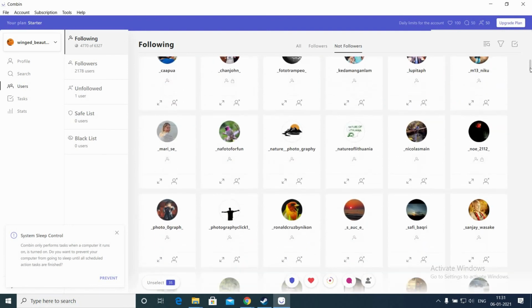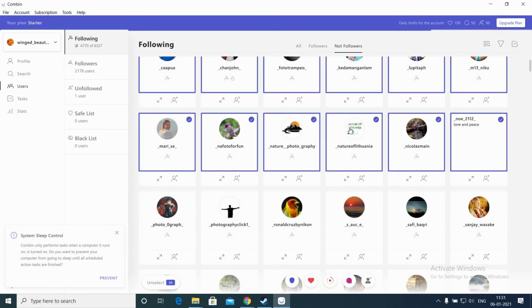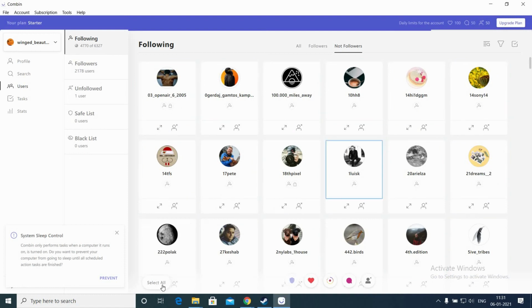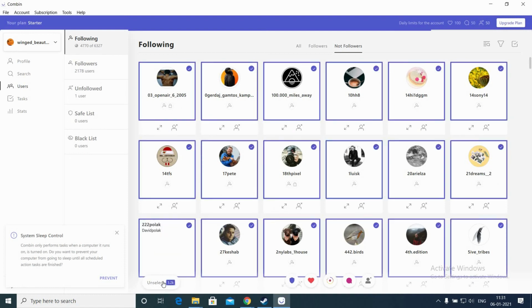You can select as many users as you want. If you want to select all, you select this option, select all, and all you have to do is unfollow them.